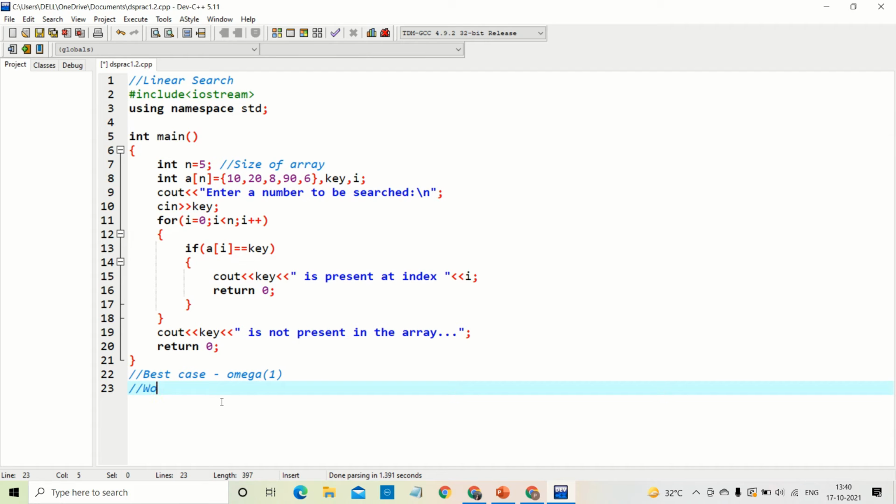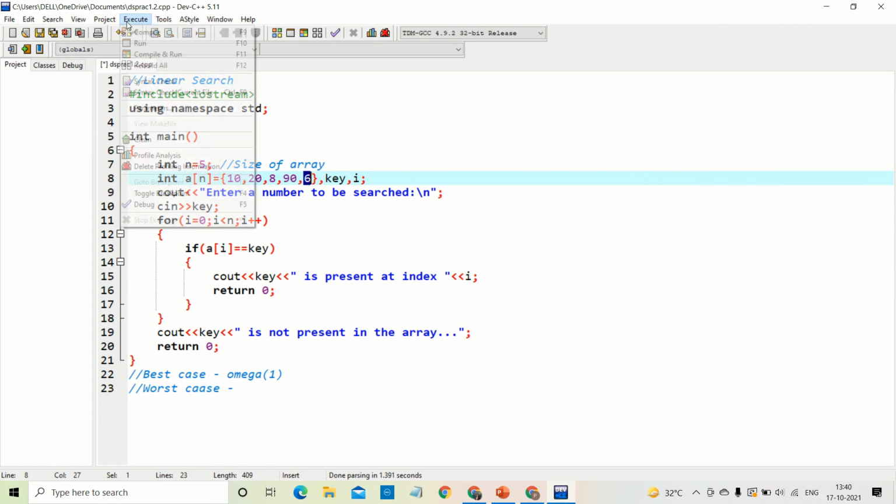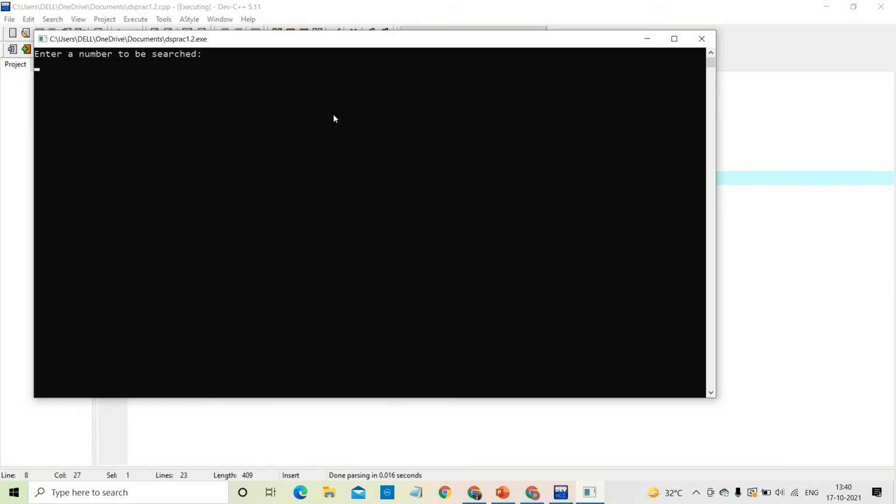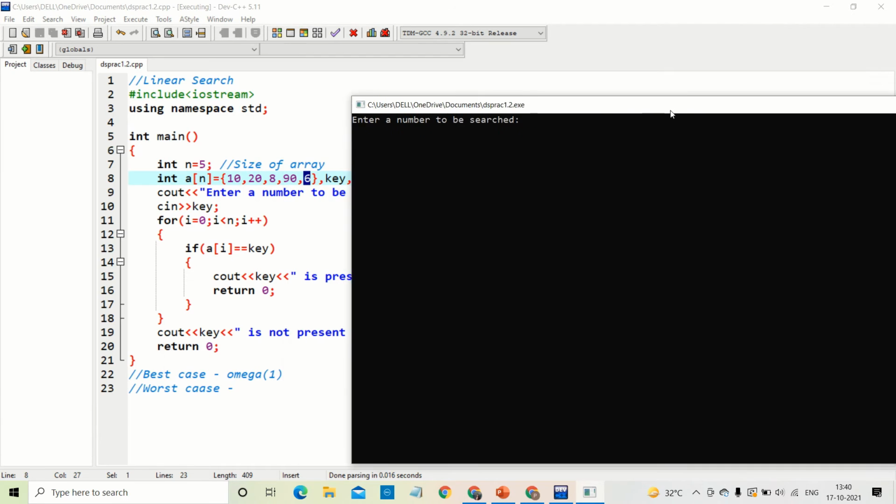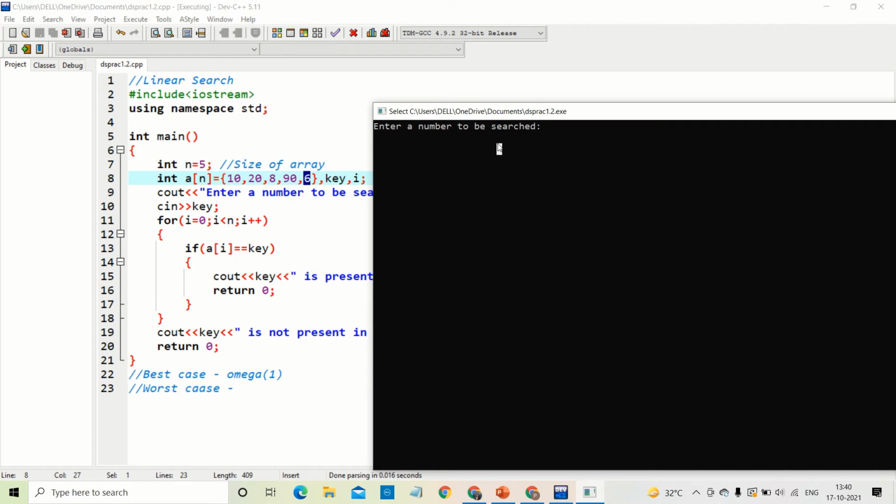Talking about worst case, which will indirectly denote the time complexity. So worst case को कैसे determine करेंगे? If the value is there at the last position, for example, if I am searching my value as 6, okay, so 6 is present at index 4.